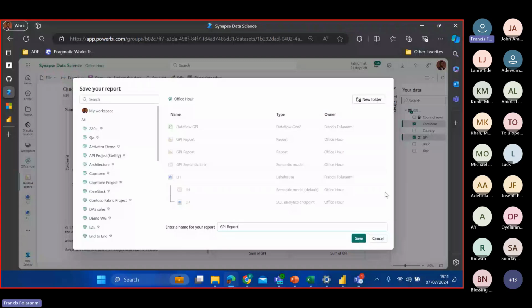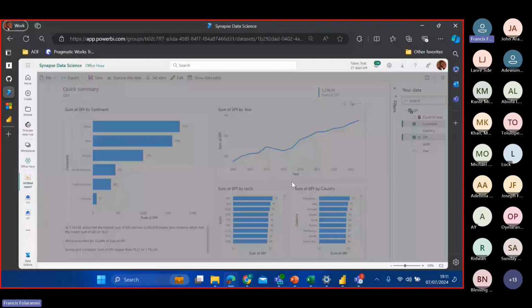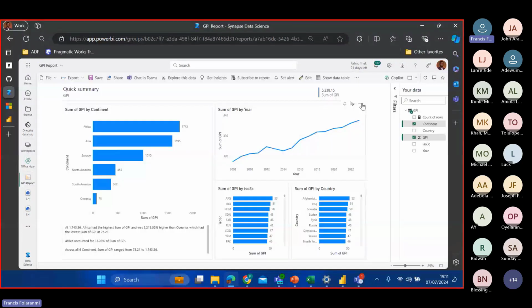Even though it's showing sum of GPI by year, which is not exactly correct because it has summed up all the countries, what would be more appropriate is to click on this personalized mode, or click on this ellipsis right here and change it to average or something. But because of time, let me go into my workspace, which is the office hour workspace, and then I can create a new one. It has saved multiple times.